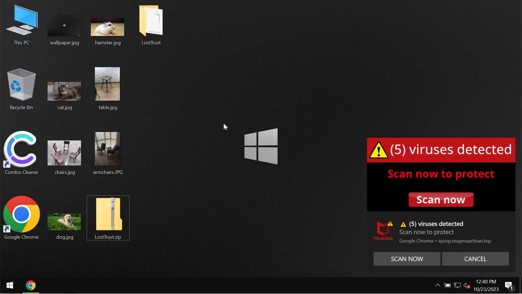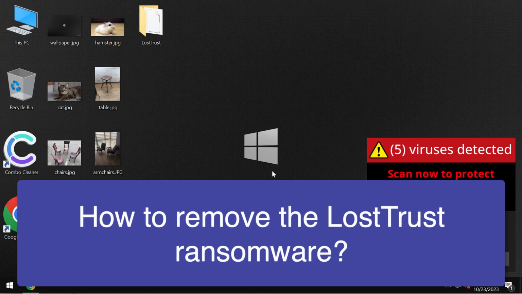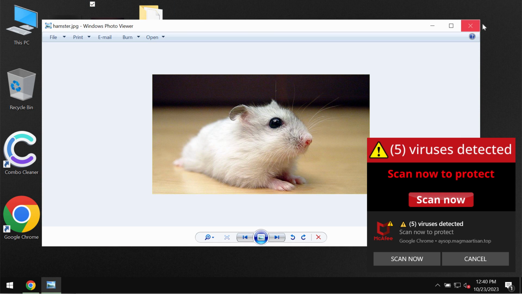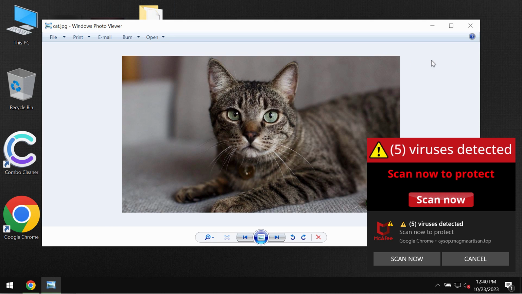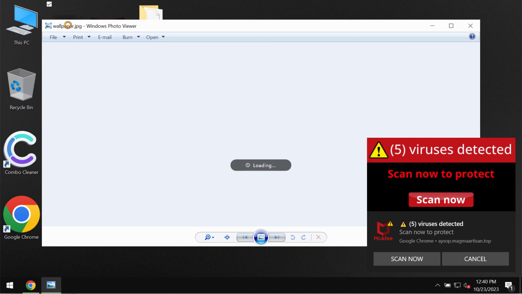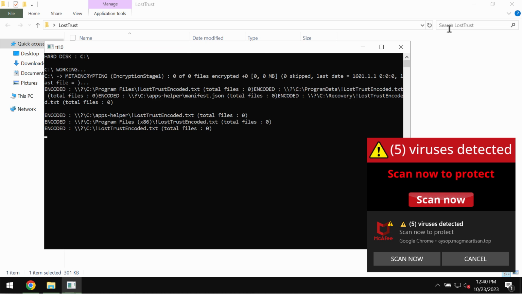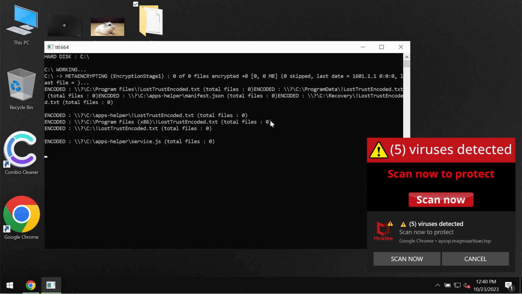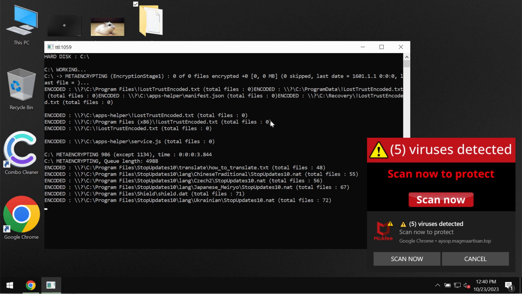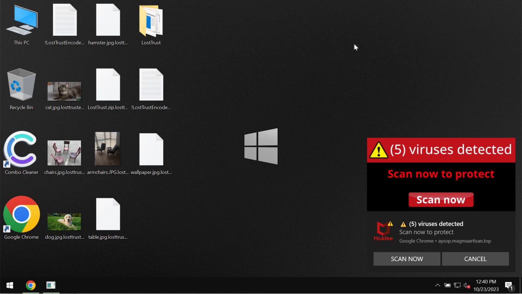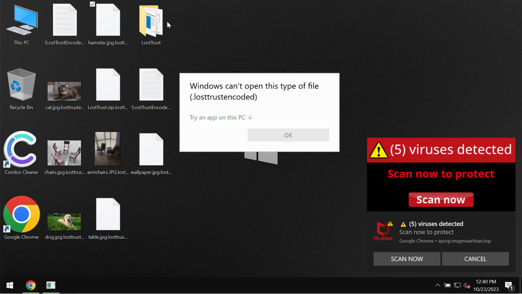Our video tutorial is about getting rid of the ransomware called LostTrust. This ransomware is able to essentially damage the files that people store on the hard drives. Before the ransomware attack, users are able to open their files without troubles, including pictures, music, Microsoft Office documentation, and other data. But regretfully, because of certain leaks and vulnerabilities, this particular ransomware called LostTrust has been injected into